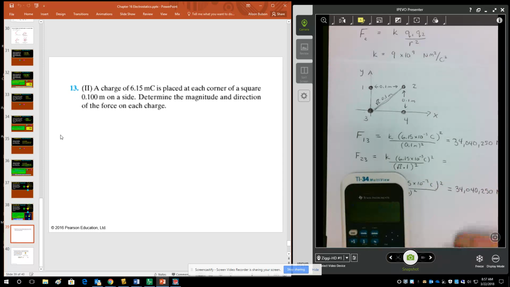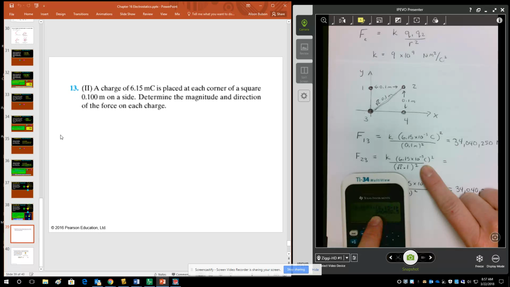All right, so K, 9 times 10 to the 9th, close parentheses, times Q1, Q2, same quantity, 6.15 times 10 to the negative 3, close parentheses, squared. If I knew how to save numbers, I would do that. Then we get the same K, Q1, Q2 across the top. But our distance is different. So I'm dividing by,